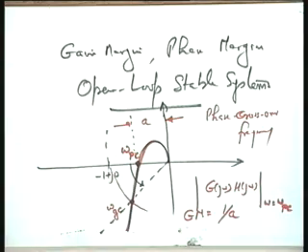Tell me now, if the definition is clear, and we are working with open loop stable systems, tell me, for a stable system the gain margin will be positive or negative? For a stable system, will the gain margin be greater than 1 or less than 1? Please note these points very carefully. The gain margin will always be greater than 1 for a stable system, and it will be less than 1 for an unstable system, surely.